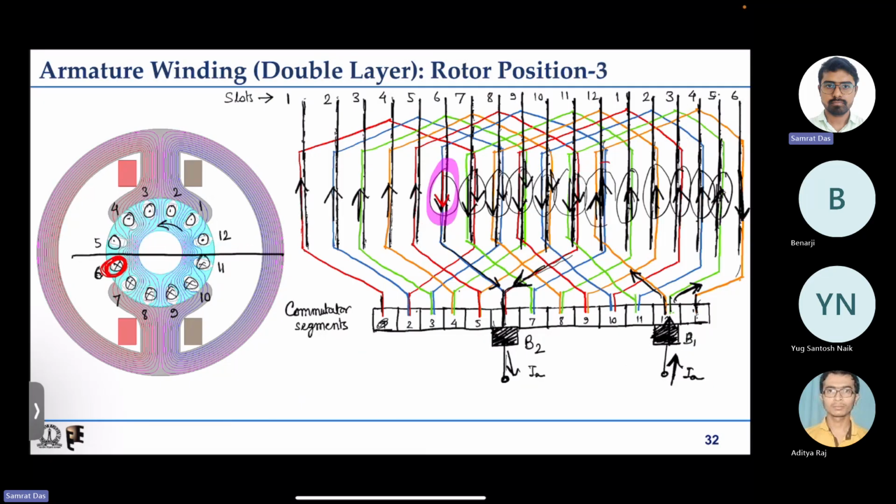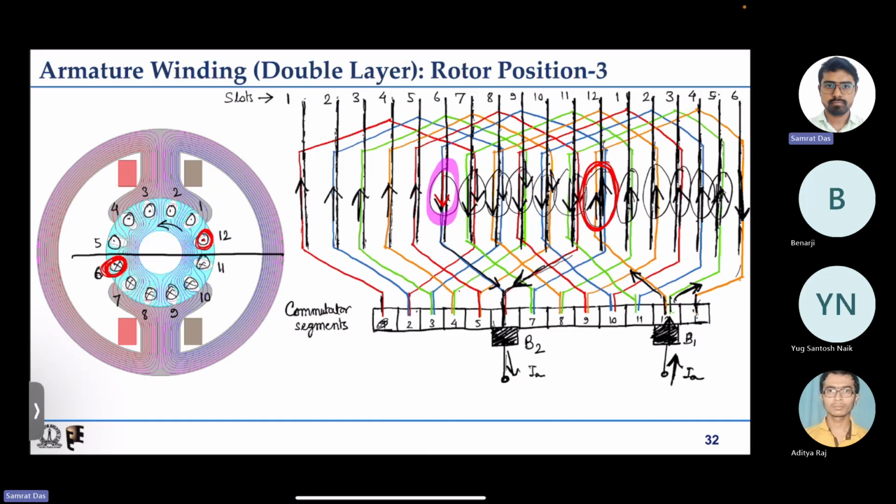Now again, if I go to this 12th one for the next rotor position, the current has changed its polarity to upward direction, so it is here, dot. So for these three rotor positions, what I have shown, the commutator arrangement and the brush connections, the coil